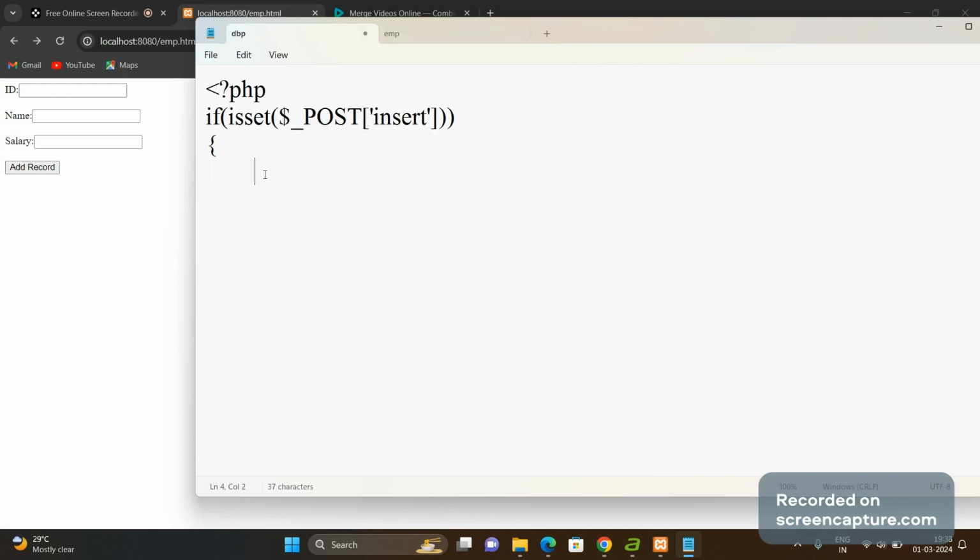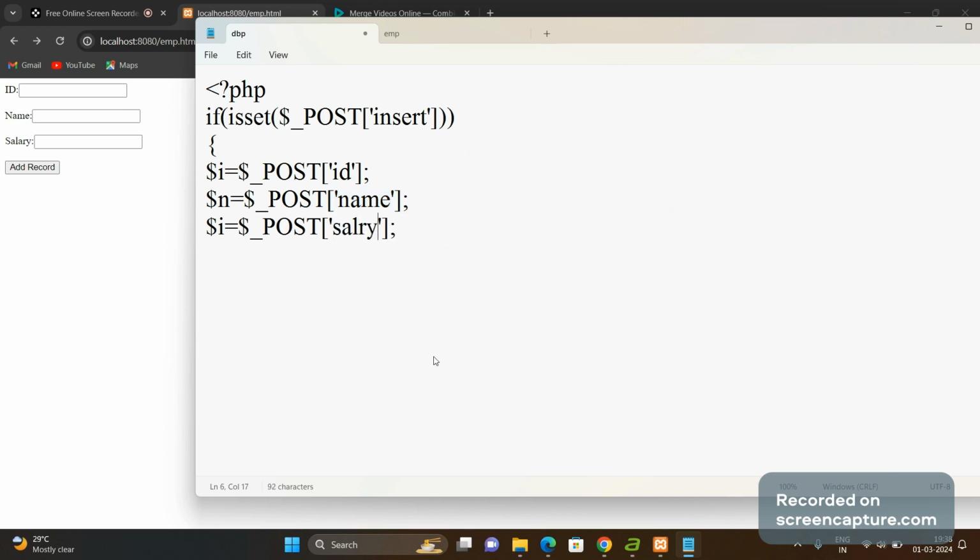So we are taking the values entered by the user in variable $i, and we are reading that parameter by using $_POST. The name of the first text box is ID, so that will be taken into the i variable. Same we will repeat for name and salary. Name is taken into the n variable from the form text box named name,